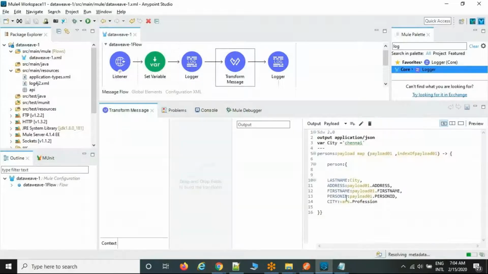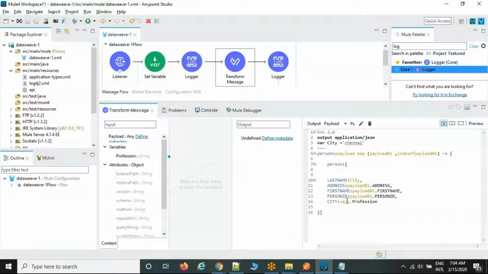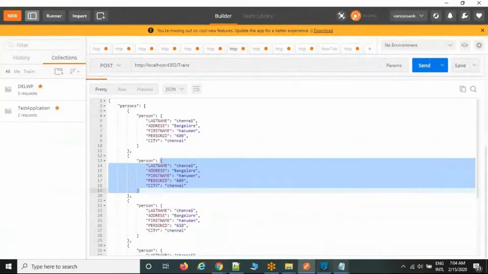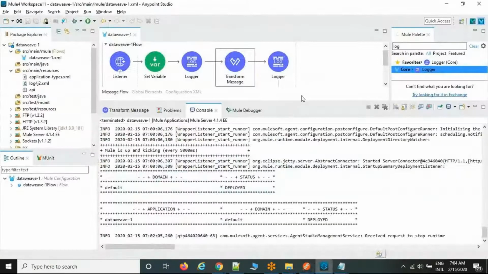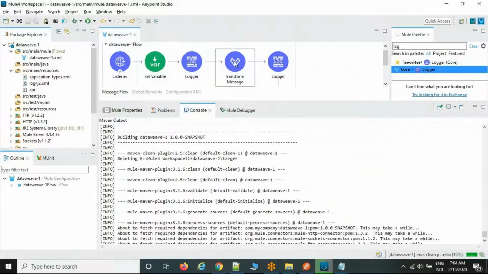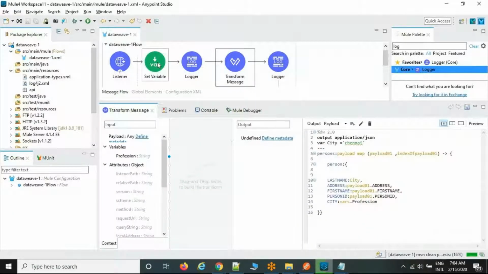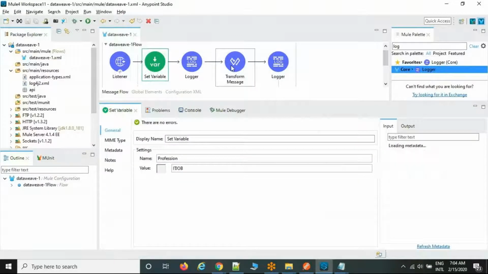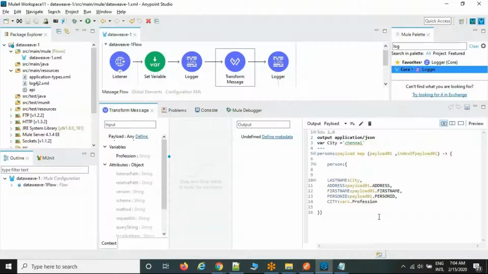But in the DataWeave transformation, the language doesn't use the hash bracket, only vars.profession. So at runtime, IT job is going to be populated here. If we run the same flow, sorry, I'm going to stop now. I will rerun. So now, instead of Chennai, in the city column, whatever value you are assigning, IT job is going to be populated here.